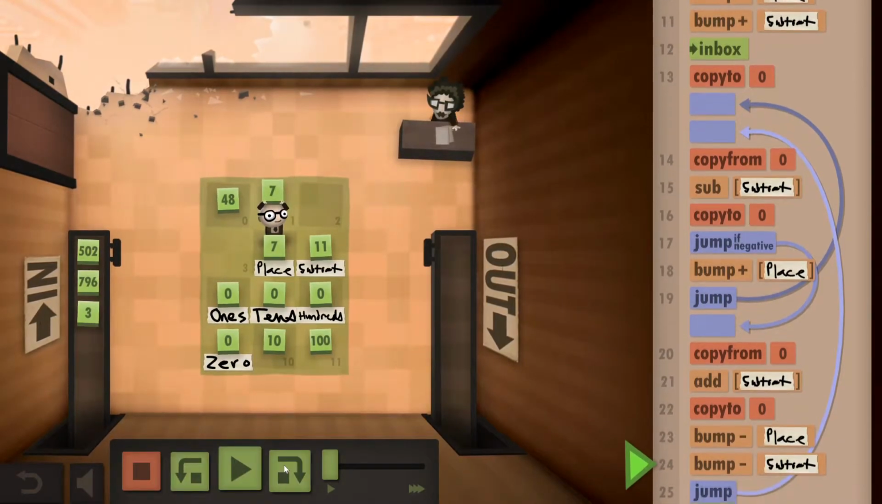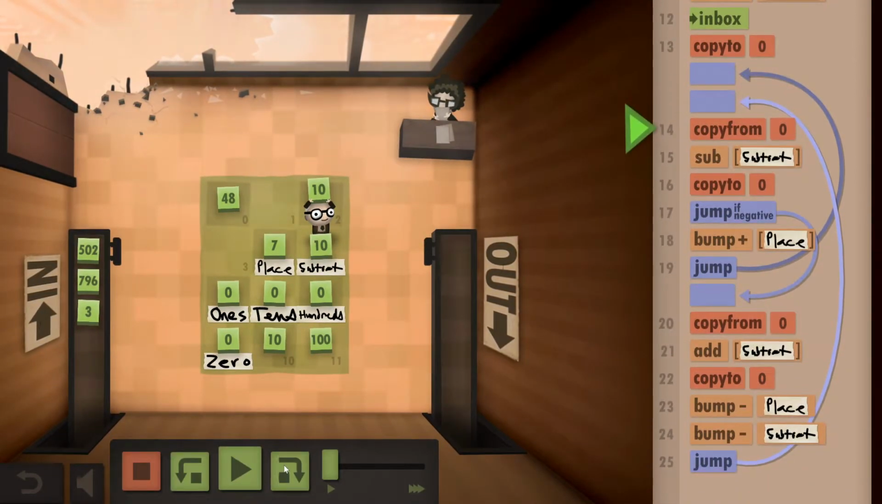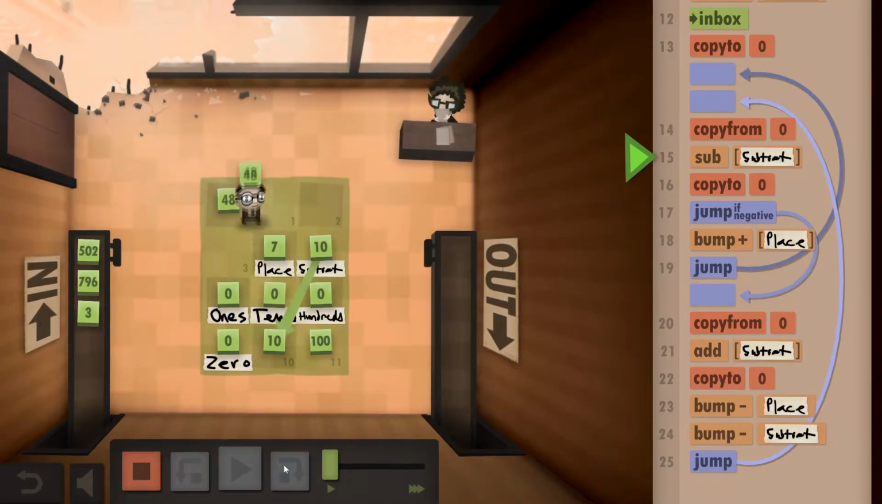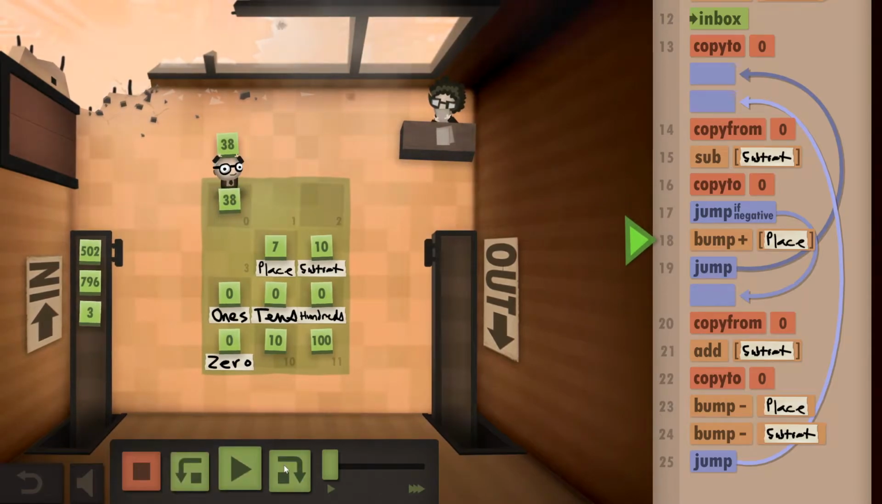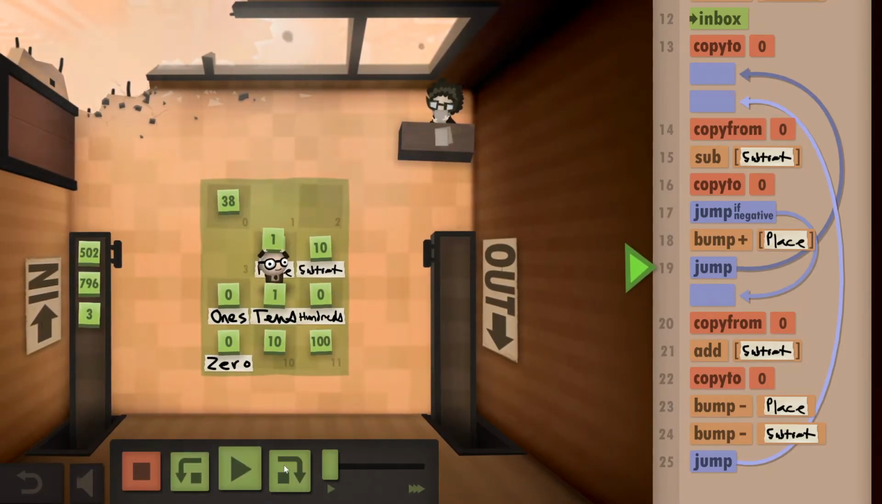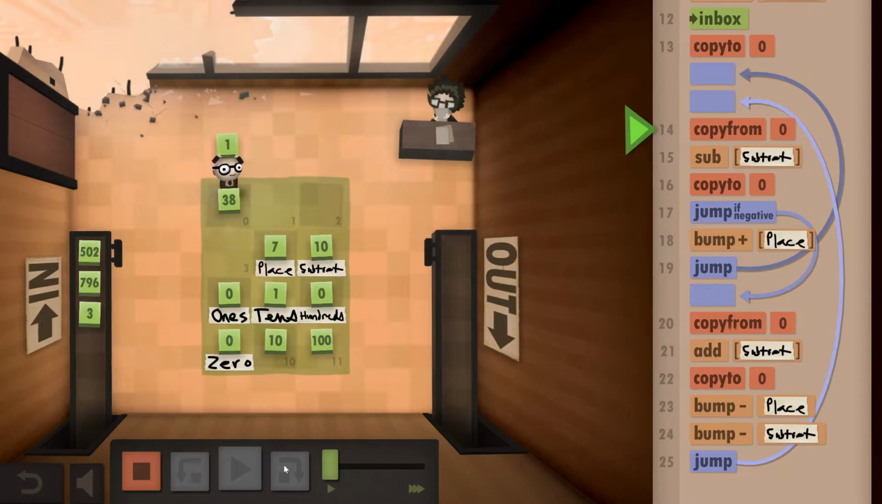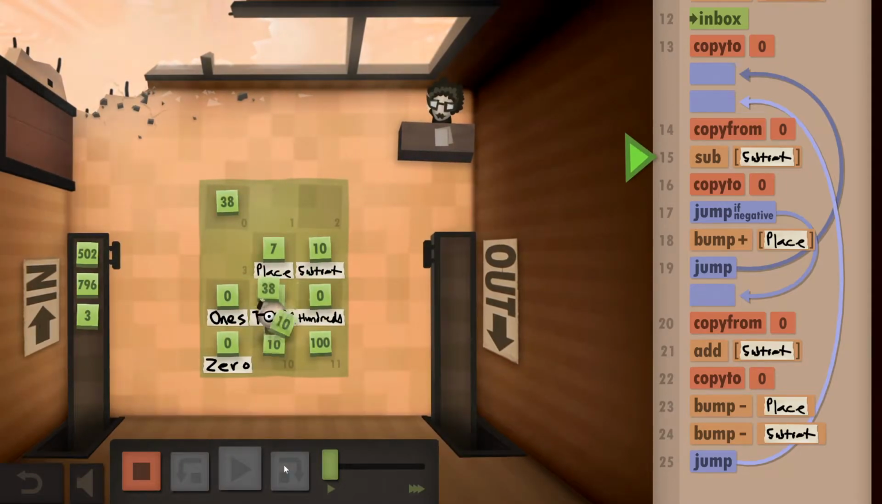Bump our place down, bump our subtract down, and now we're going to be subtracting 10 there. Good, and we're going to bump up our 10 place. So this is working as I wanted it to. I'm not sure if it's going to be the optimal solution, but